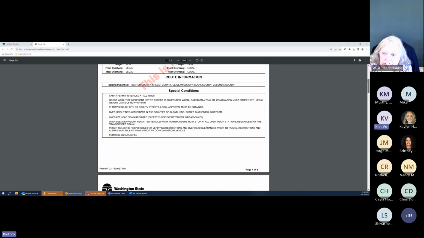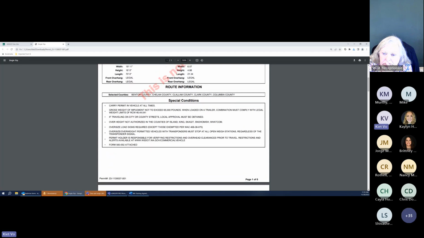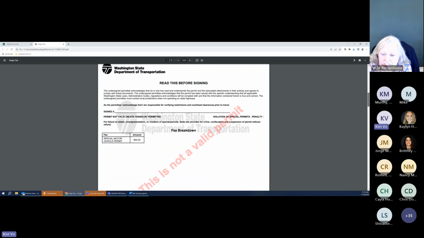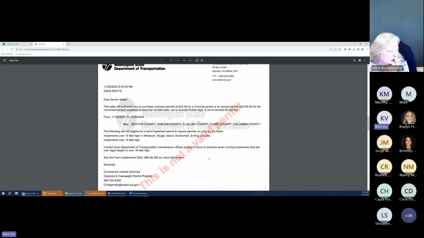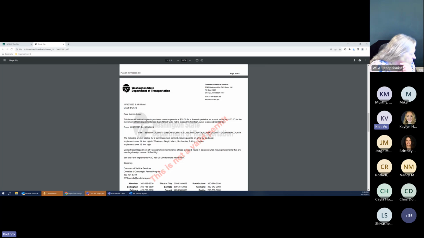Along with the conditions. And the interesting thing about this particular permit that's different from the collection truck is that we do list out the counties that the carrier wanted, that you selected for them on the screen earlier. So these are the selected counties to be traveled in. And for the farmers permits, we do also include